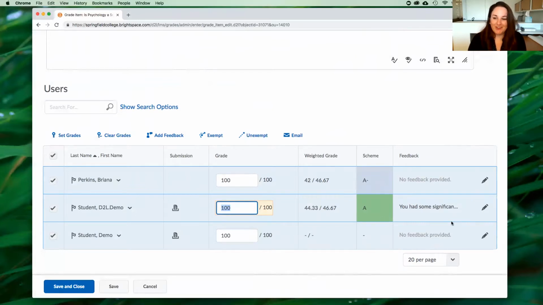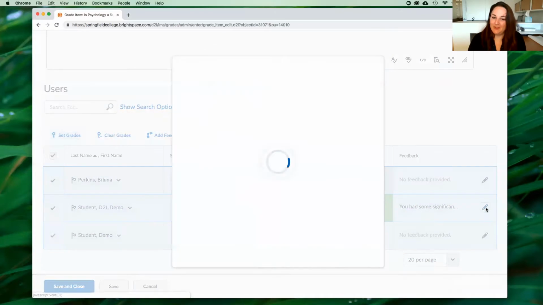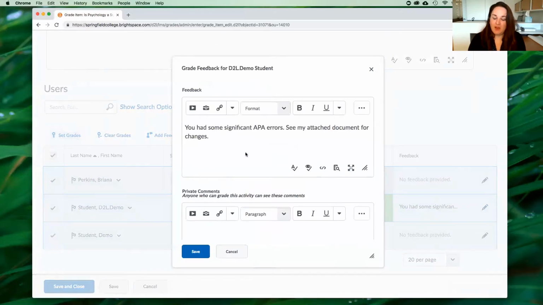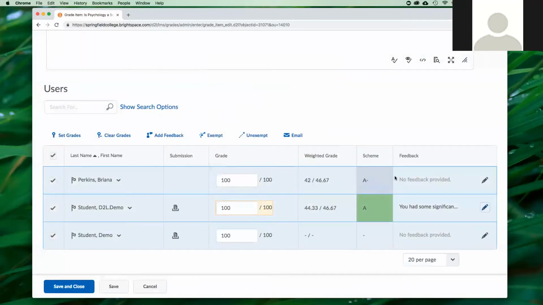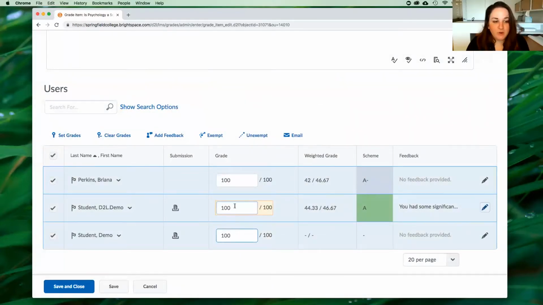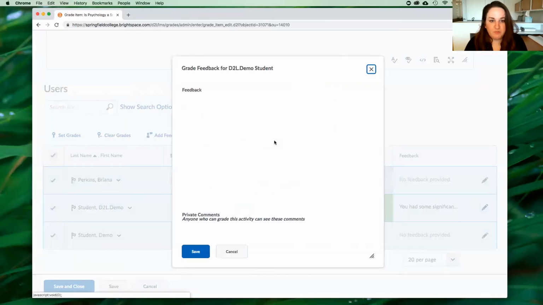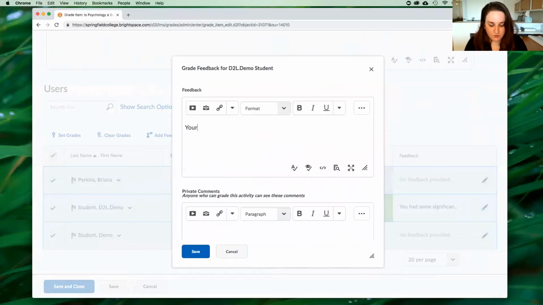So if I go over here, it says feedback and I have a little pencil, I can actually give them the feedback right here as well. So instead of just a numerical grade, now I'm grading everything for that assignment. I can give them the feedback if I'm the individual student as opposed to, okay. Exactly. So if I wanted to say demo student here got an 80, I'm going to give them some feedback here. So I might say like your paper